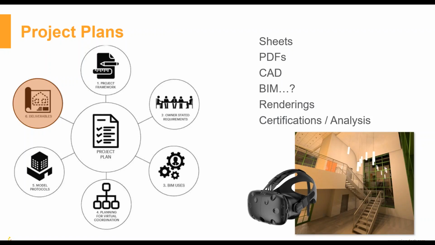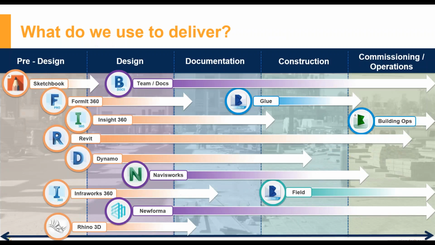And making sure that we have an understanding of what we're actually delivering, so that as we plan our time for the team, we're hitting it. We're not getting too many unexpected issues popping up. Now, in terms of that project plan, we can lay out exactly what we need and how we're going to do that. And as part of that, we might start looking at what tools we're actually going to